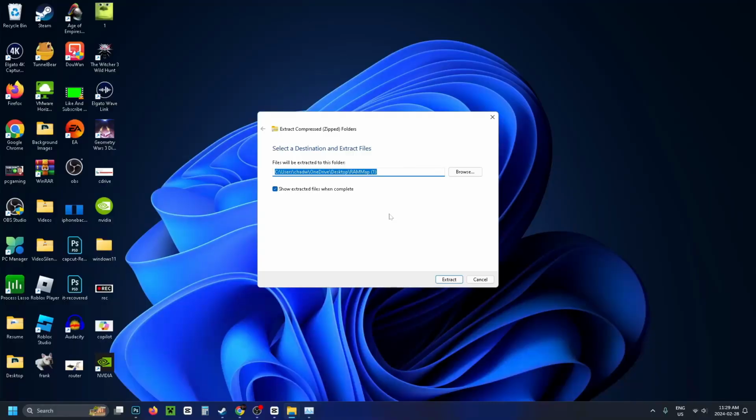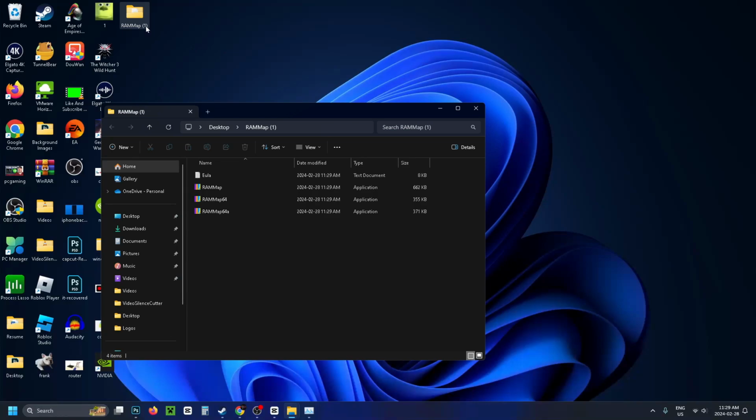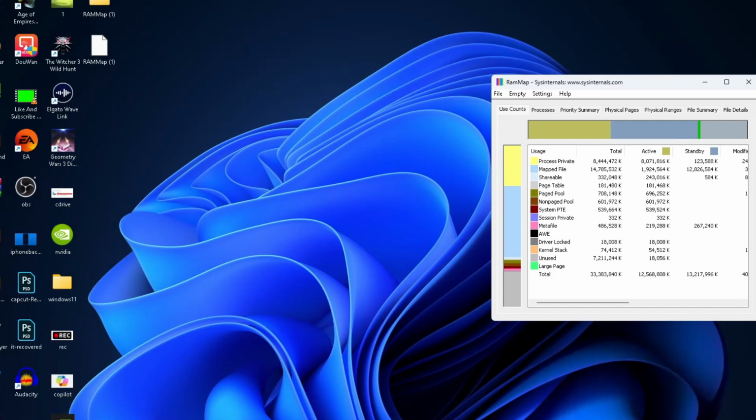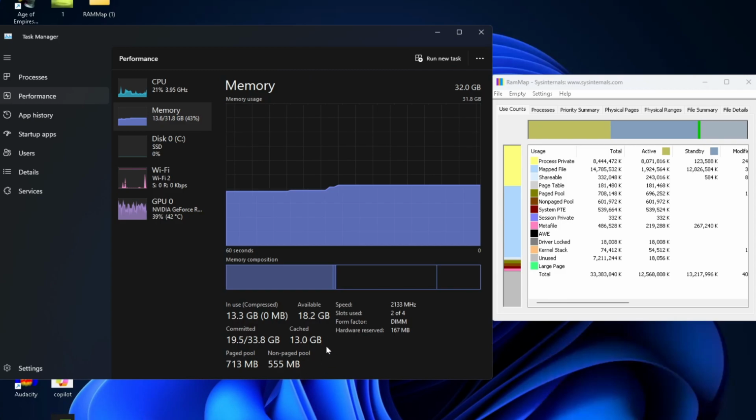Once you do that, this page will pop up and you want to go to Extract, which is going to add it to your desktop, and it's going to open the folder. And here's where the RAM map application is, so you can double click on it. So now that RAM map is open, we're going to open up the task manager where we were before, and